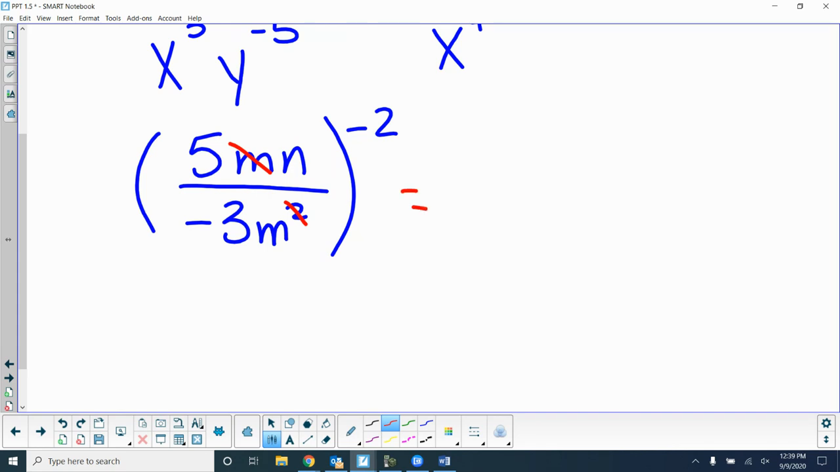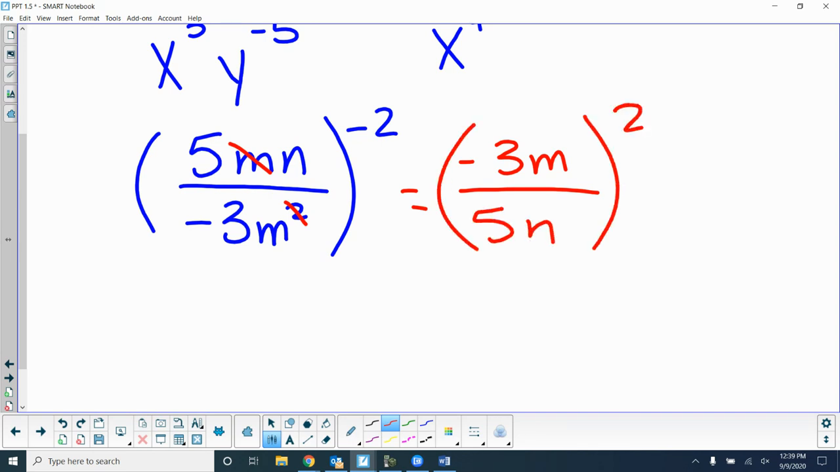So, flip it, why? What's negative? The exponent. And then we make that exponent positive. So, when we flip this, the sign comes with the 3, right? The m comes with the 3, the 5 and the n go to the bottom. That's the sign that changes. Okay? Then I square. -3 squared is +9. 5 squared is 25. M squared,